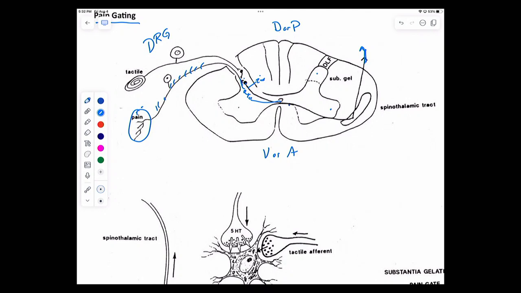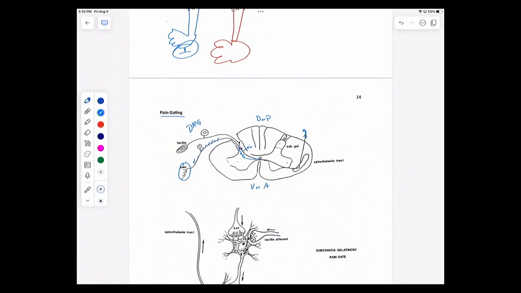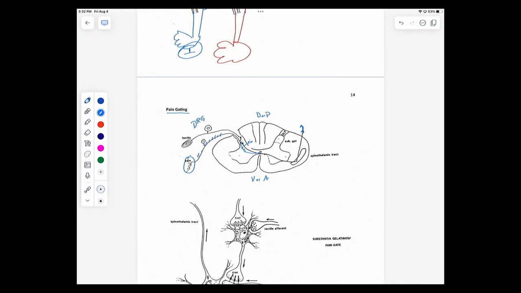So that's that. What will happen from here, if I could just draw this, in order for you to be aware of the pain, is that this is going to go up and eventually make its way to the thalamus. And then the thalamus is going to be sending a signal to your cortex that has to do with localization of the pain, the degree of pain. Neurons in your thalamus are going to eventually be sending signals to the emotional part of your brain so that you have a sense of disagreeableness of having this pain.